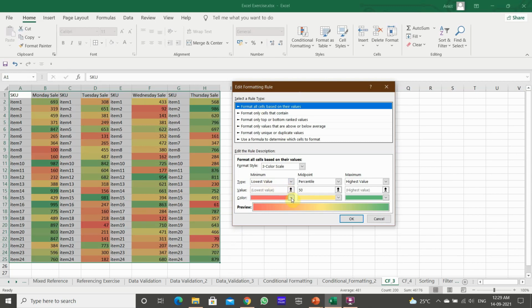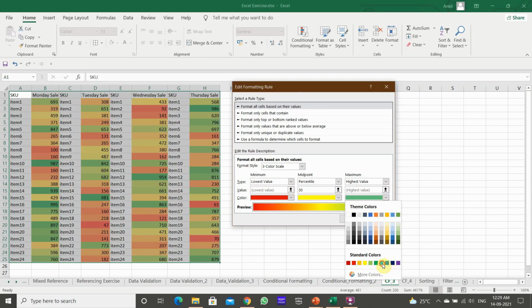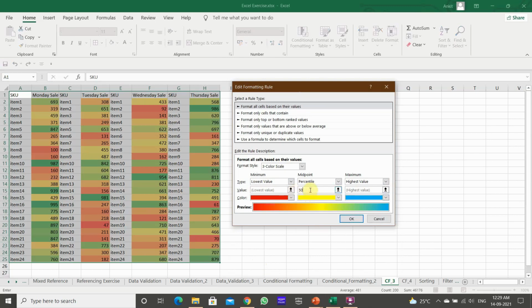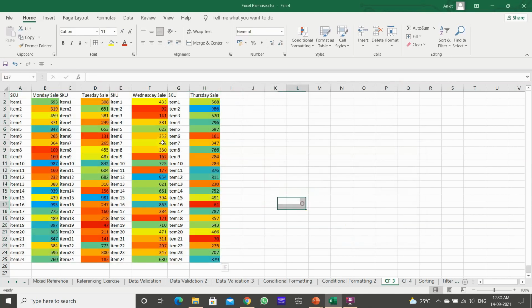Now if you want the lowest value to be red, click red. If you want, with the midpoint percentile, you can change it. The color should be yellow, you can change it, and the highest value should be blue, you can change that. This value also you can change, the percentile. Okay, let's apply it. Now see, the manager can see that blue highlights the highest number